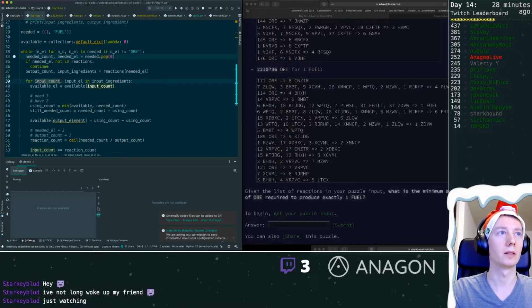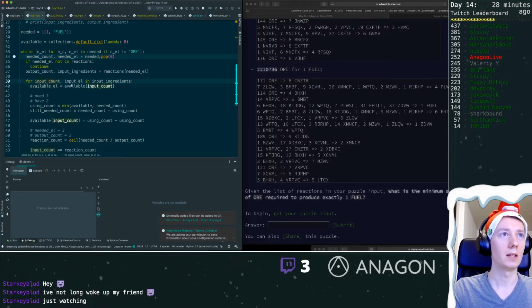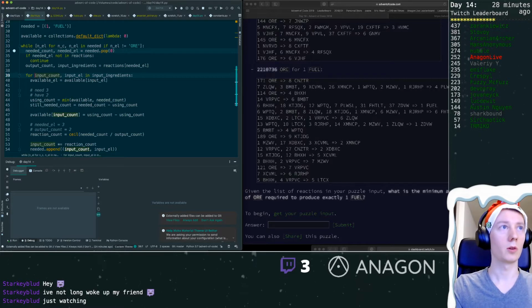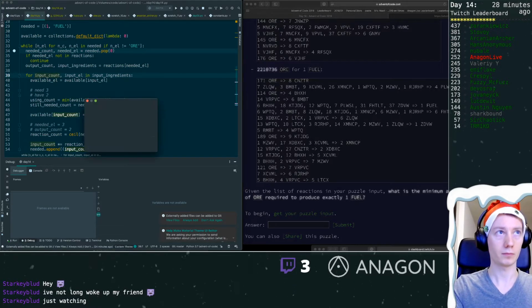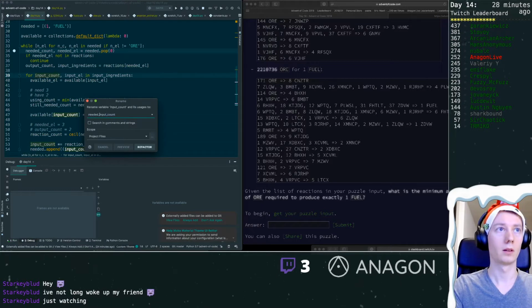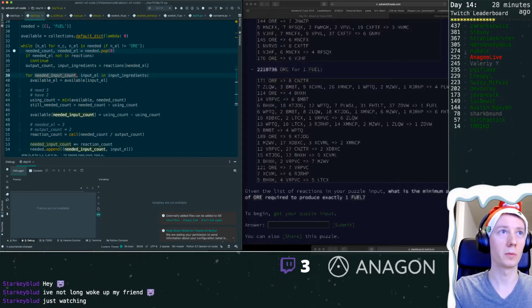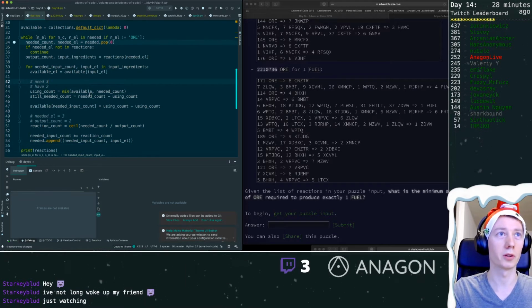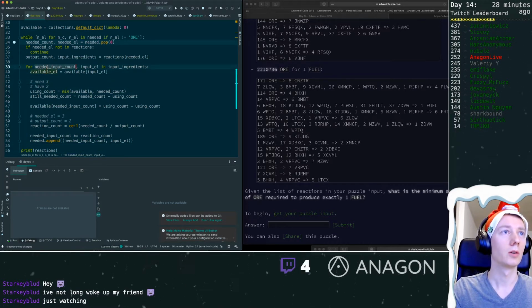Okay, so actually we need to look what we have available for the input ingredients and not for the output ingredients. So that looks like this. So we need several inputs for a certain element, and that is the input count. And I'm going to call this one needed input count. I'm going to be very explicit with my variable names today because I feel that there's so much options for confusion. So the needed input count, that we can